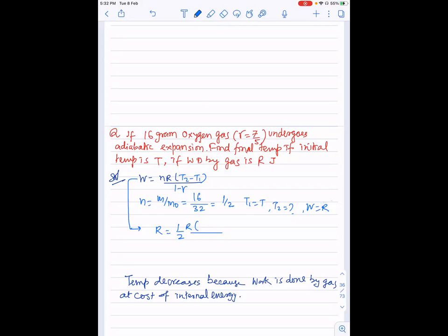लिखते हैं, ठीक है। तो T2 calculate करना है, T1 is T, नीचे 1 minus gamma, gamma is given 7/5, oxygen का 7/5 होता है, ये आपको दिया भी रहेगा। तो R तो हो गया cancel, left side में क्या बचा 1, और इधर क्या होगा T2 minus T1, नीचे 2 है, LCM ले लीजिए, तो क्या आएगा देखो 5 minus 7 और ऊपर 5 आ जाएगा ना, तो ये कितना आ रहा है, -4/5 is equal to T2 minus T1, T1 is T, initial temperature is given T, तो ये T2 कितना आ रहा है, T2 is T minus 4/5,